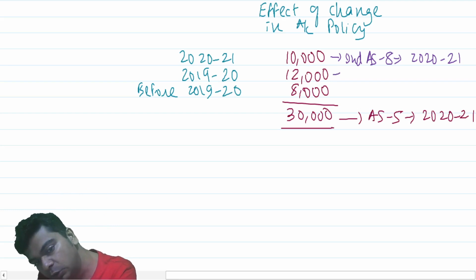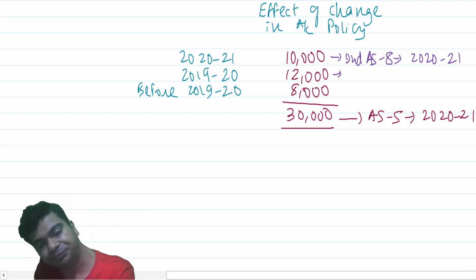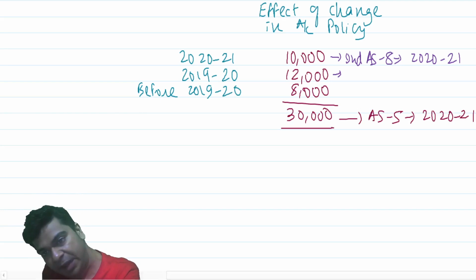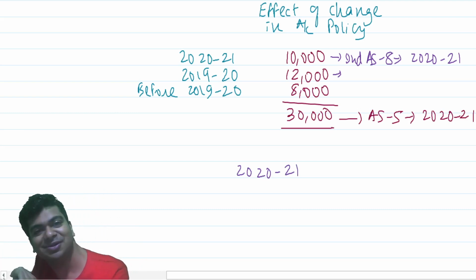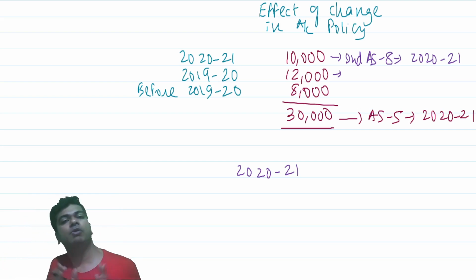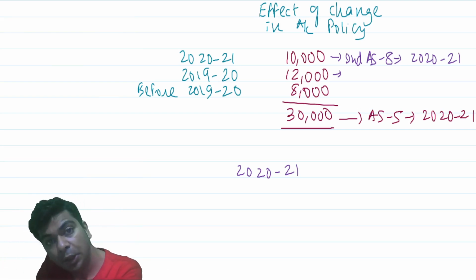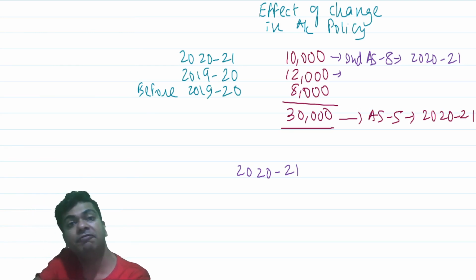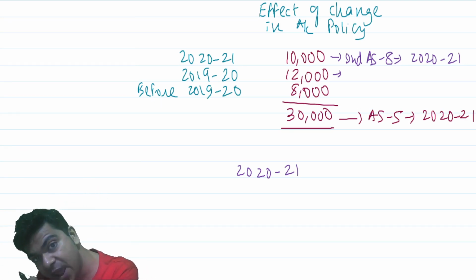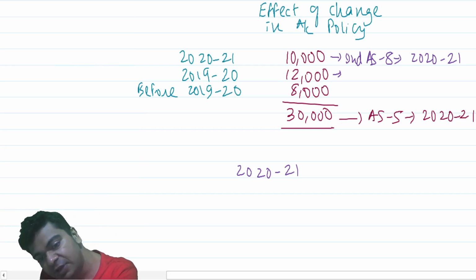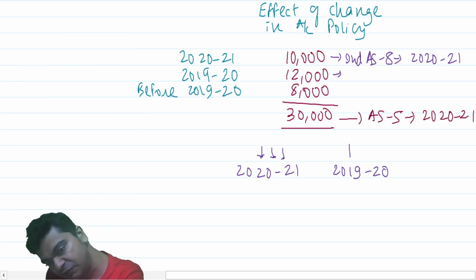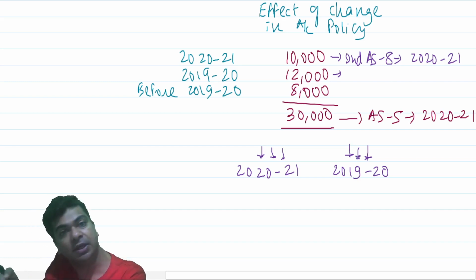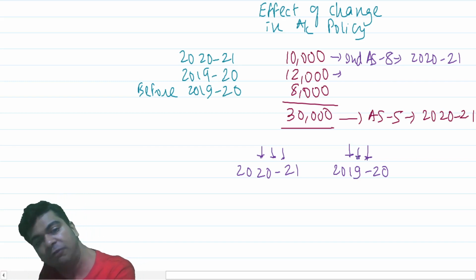Okay. What about 2019-20? Tell me one thing. When you prepare the financial statements for 2020-21, will you not give comparative figures? See, when you receive a copy of the annual report of a company, you do not have figures only of the current year. Previous year figures are also given for comparison. You get my point? So when I disclose the figures of the current year, side by side, I will also provide figures for the previous year. These previous year figures are popularly known as comparative figures.